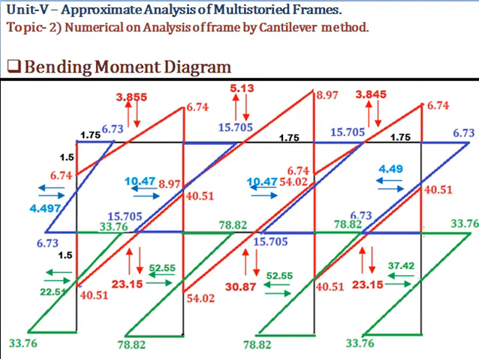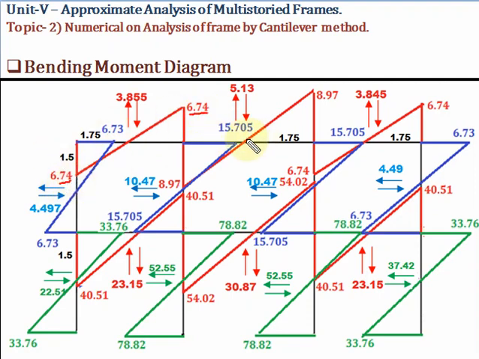Okay, so now here, after finding out the forces in the member, the next step is to draw the bending moment diagram. Now you know why the shape of bending moment diagram is like this. So here in the first, how these values are getting, that we'll find out. Now when the member is horizontal, we consider the vertical force. So this is node number 1. So node number 1, what is the vertical force? V1. So 3.855 into this half distance is 1.75. So we'll get value of 6.74.